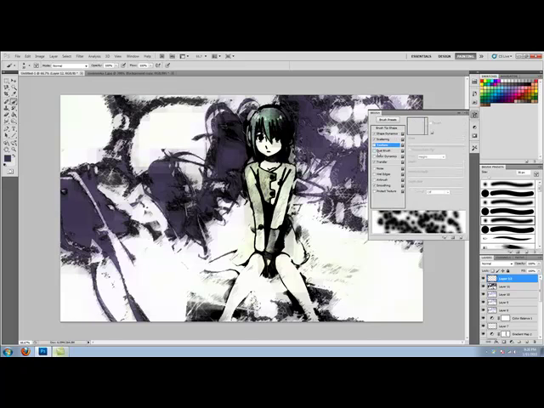Texture. We don't want texture. No, that texture. No, we don't want to brush. Color dynamics is really nice. Hue, it'll make the background look